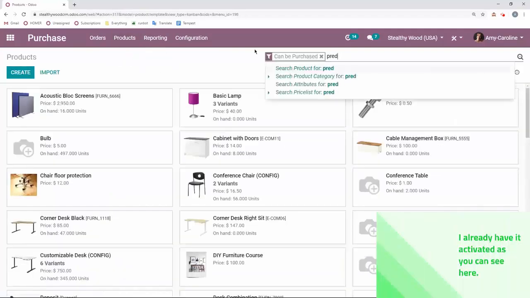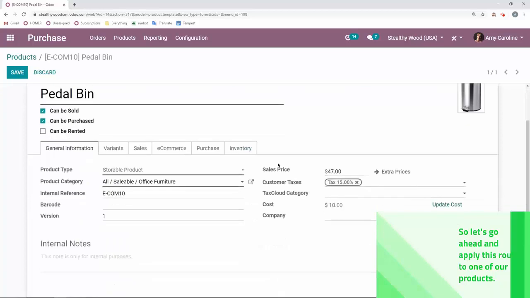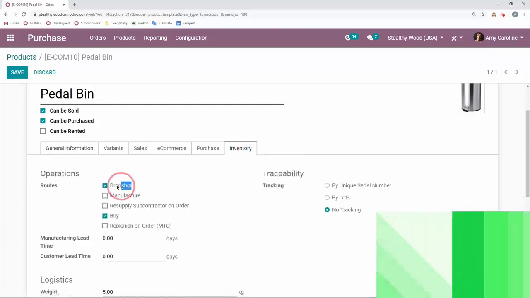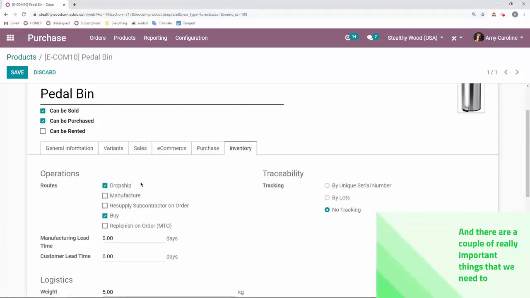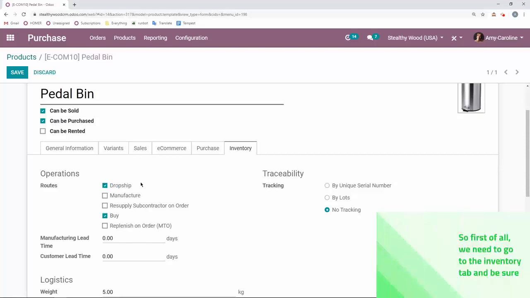So I'm going to go to products again, and now we're going to go to the pedal bin. And there are a couple of really important things that we need to. So first of all, we need to go to the inventory tab and be sure it's not going to be selected by default. Even though you have the option activated, you do need to go to the